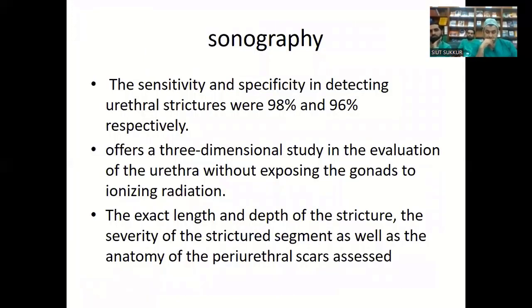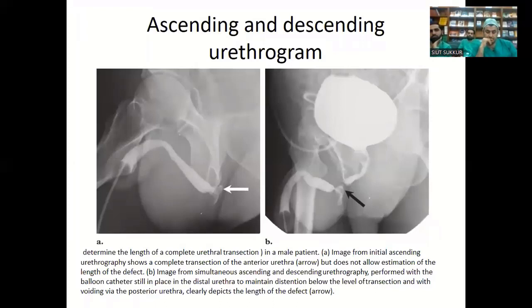So we use the combination of retrograde and antegrade urethrogram to evaluate the posterior urethra, the bladder and the bladder neck. For example, if there is a complete obliteration of the urethra, with dye not going into the posterior urethra, then you have a complete evaluation of the entire urethra when you use the antegrade study. In some retrograde studies, there's a doubt on the bladder neck. So an antegrade study can help